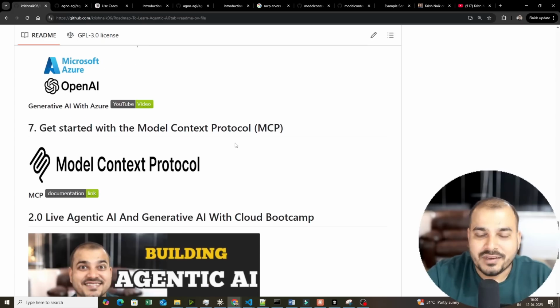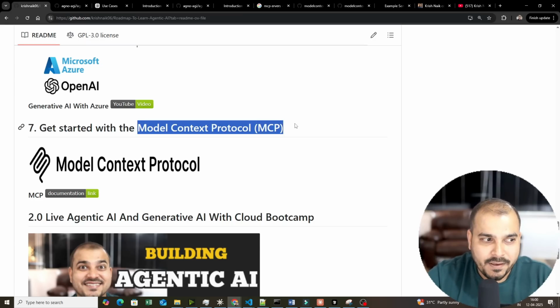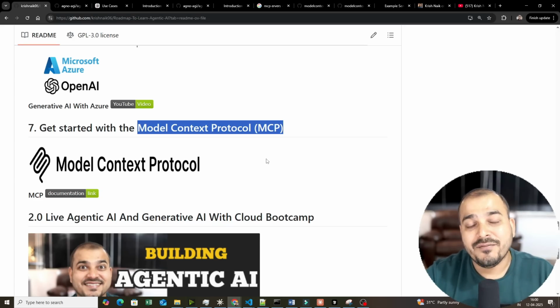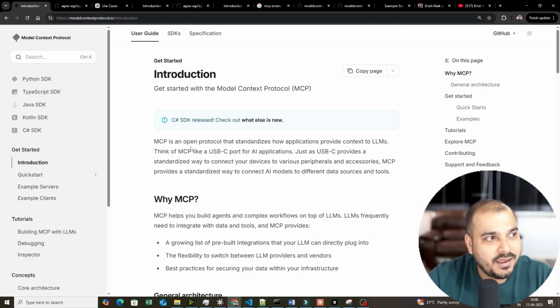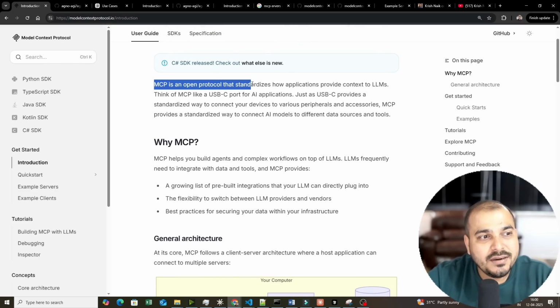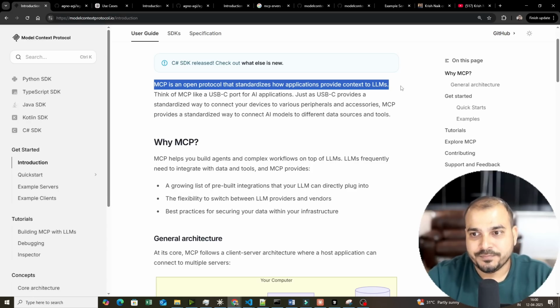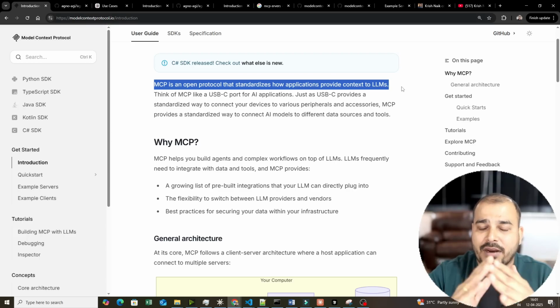But right now, the trending topic that we are talking about is MCP, Model Context Protocol. Now, let me go ahead and explain what exactly Model Context Protocol is and why it is becoming very, very popular. Okay, imagine guys, if I go ahead and show you this documentation link, this documentation shows that it is an open protocol that standardizes how applications provide context to LLMs. Right now, when I really want to build any agentic AI system, before MCP, what I used to do is that, let's say I'm defining something.